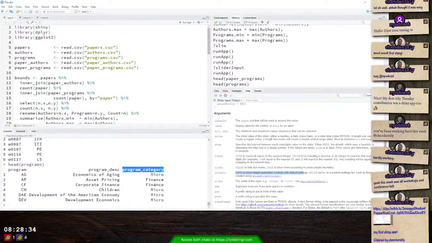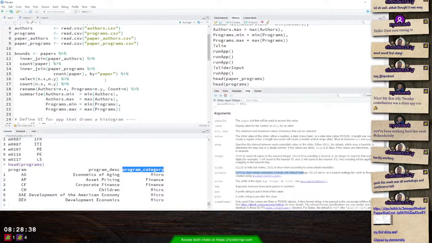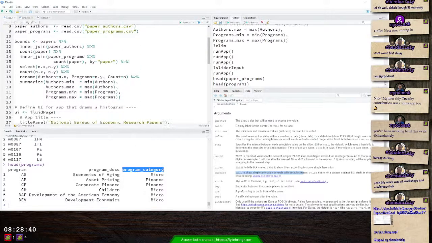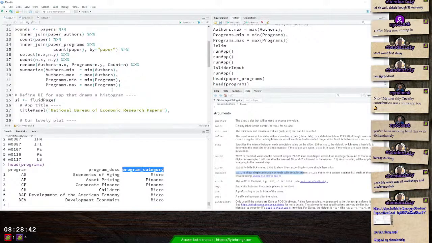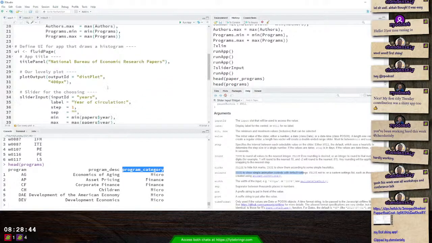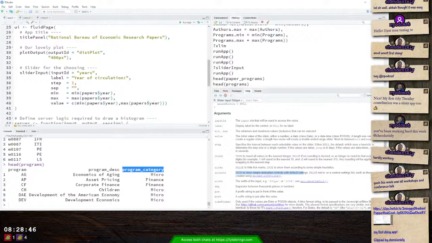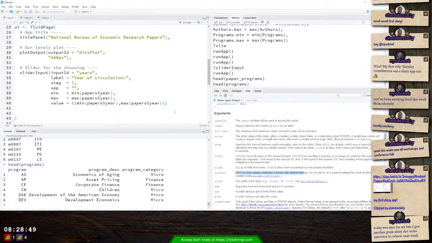So it might be interesting to add some checkboxes to this shiny little app to be able to narrow it down by program category. Sure, why not? So